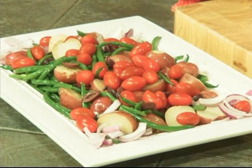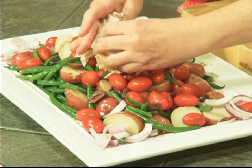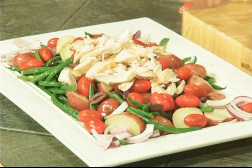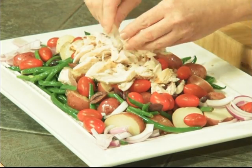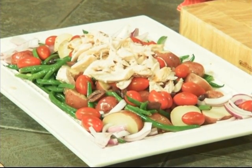Then we've got some chicken, leftover chicken. Just put it anywhere you want. This is rotisserie chicken. If you don't have any, you don't have to put the protein in there if you don't want to. Then we've got